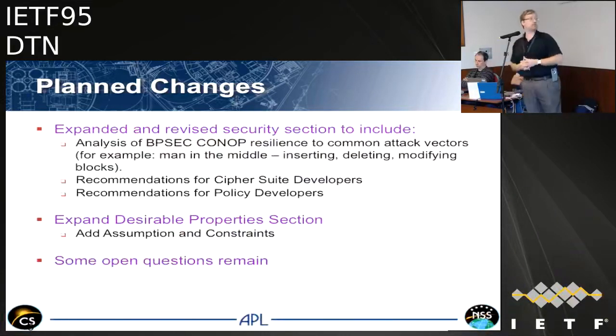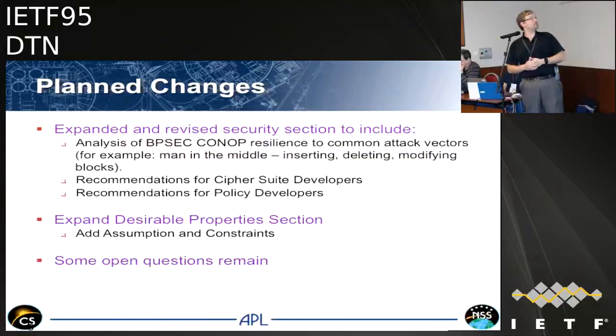And right now it's looking like we have, just by weight, a half a page worth of recommendations in each of those areas, maybe 5 or 10 things to be aware of. Additionally, it was recommended that some assumptions and constraints also be put in early in the document to try and describe what will not happen or when you should or should not apply BPSec based on that. And then there are a couple of those coming in. So I list this not because there's data to look at right now, but in the next version of the document, we will have initial drafts of these to look at going forward.